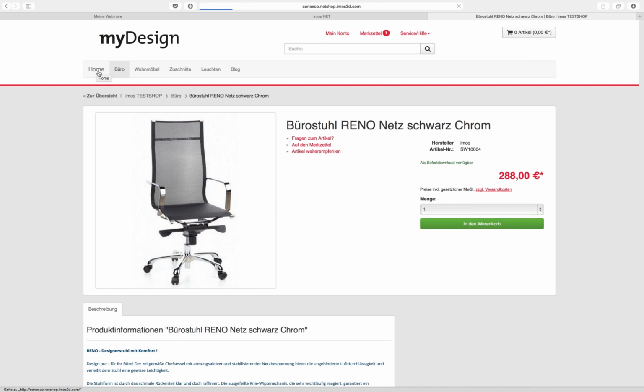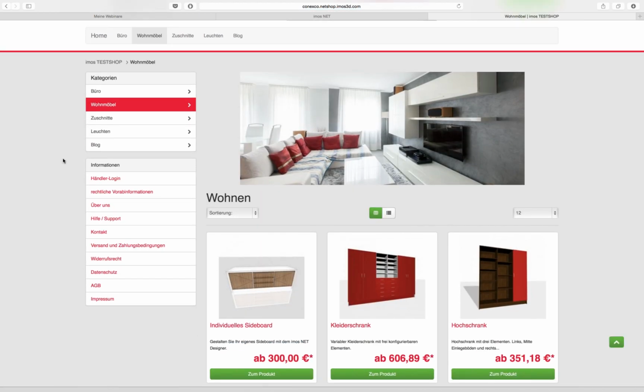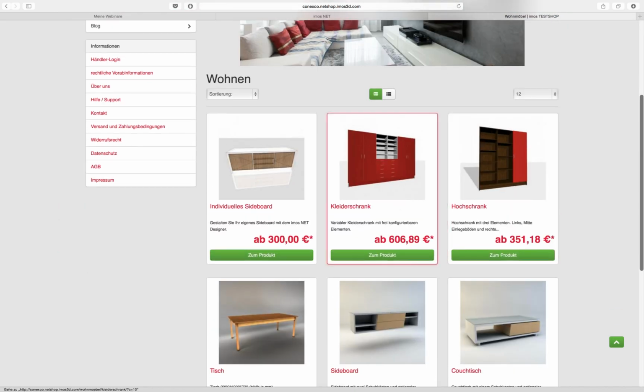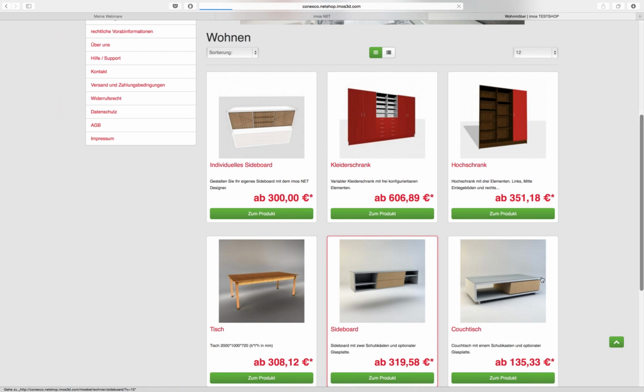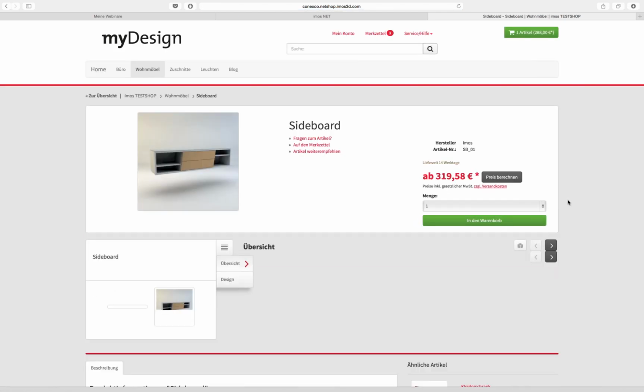So we saw how we can put standard articles into the basket or shopping cart. Now I will go on with the imos articles. So I will just go back to the catalog, and we have some imos articles in here. I will just open the sideboard for example. And you will see on the next page, it looks just like the last article page, but